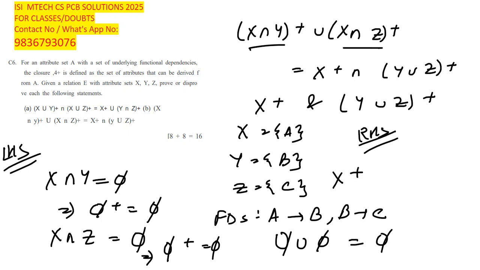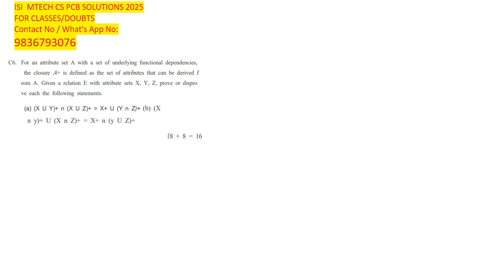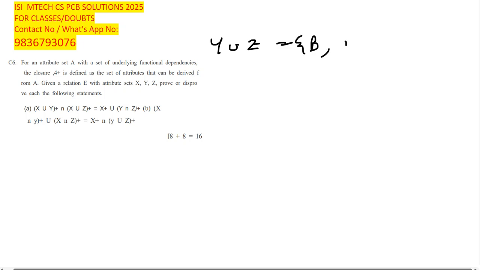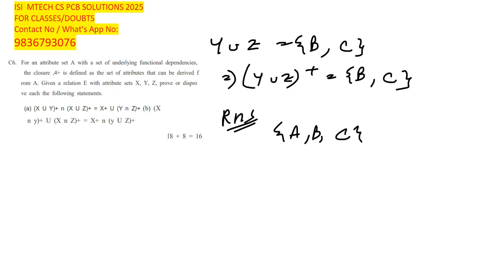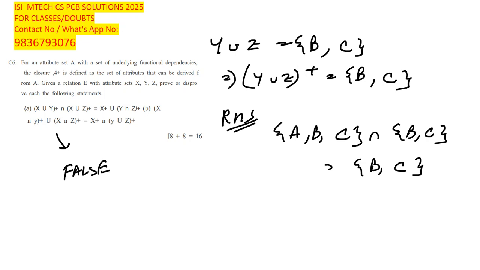X is equal to a, b and c. Okay, and then y union z will be b comma c. Okay, and then right hand side a b c intersection b c, that is intersection b c. So then again my statement b is false. So both we have